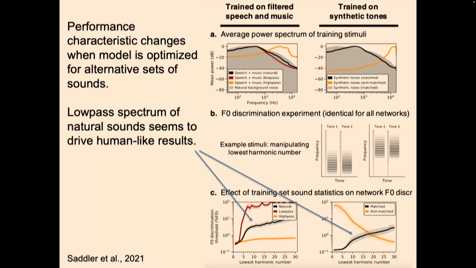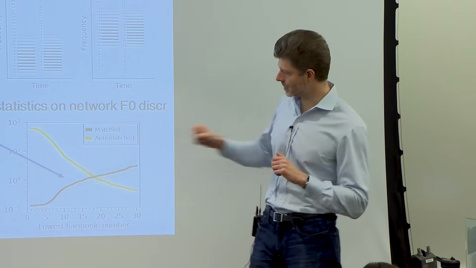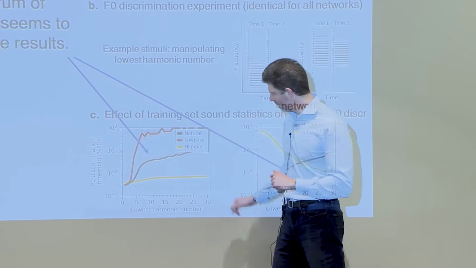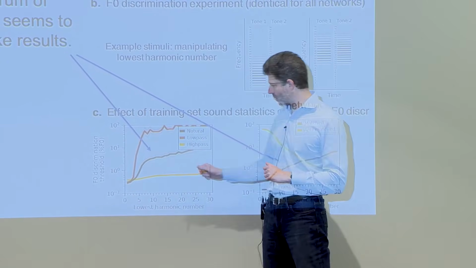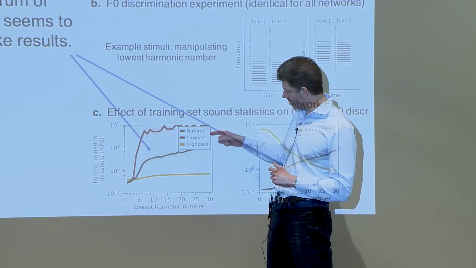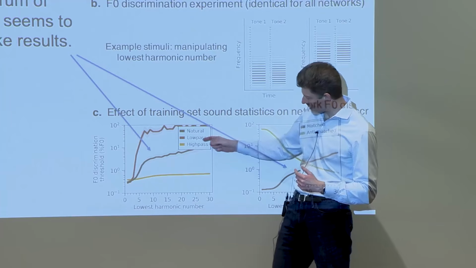And what was found is that you get very different psychophysical results on these models that are optimized on different kinds of sounds. Okay, and so this is that same experiment. So again, we have F0 discrimination thresholds as a function of the lowest harmonic number. So the black curve is the one that you get if you train the model on natural sounds. And then if you filter the sounds to either be even more low pass or high pass, you get like